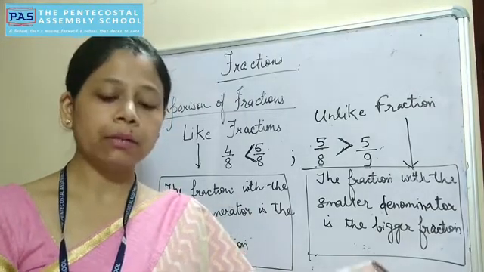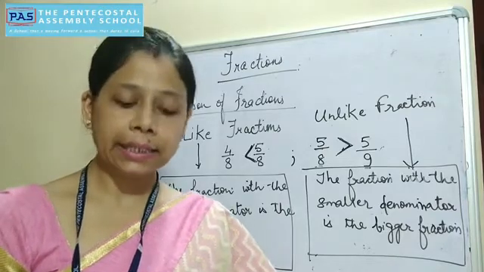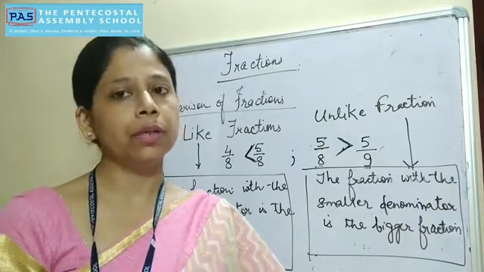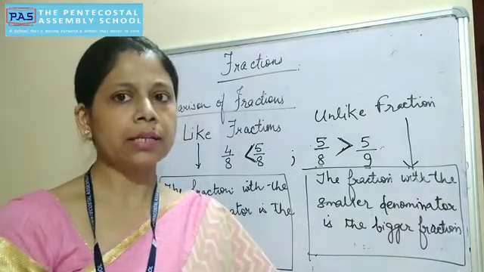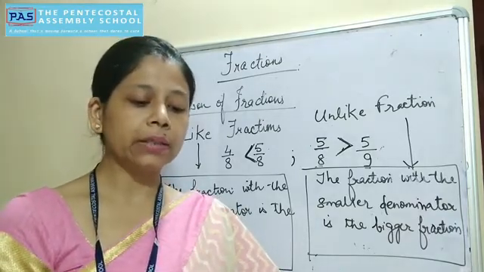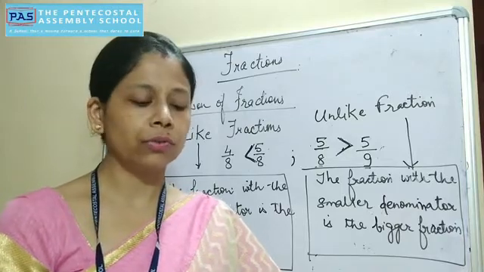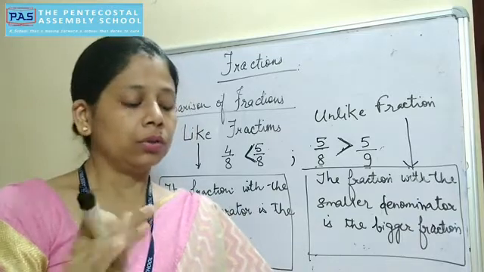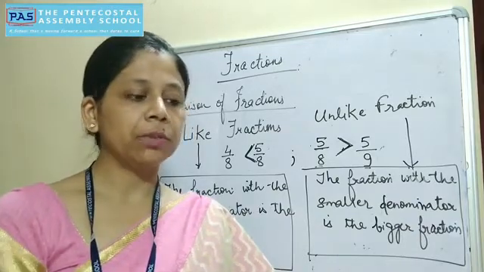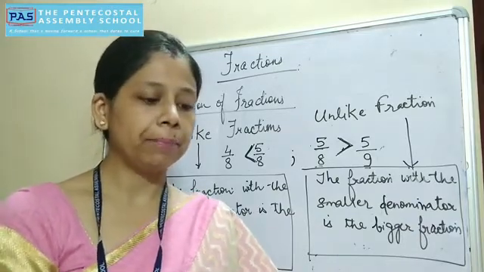Before that, in Activity 19, you can strike off question number 3, because this is not in your book, and you will do this in your higher classes. You can strike out the one on equivalent fractions, because we are not going to do it right now. So you can strike off question number 3 from Activity 19.